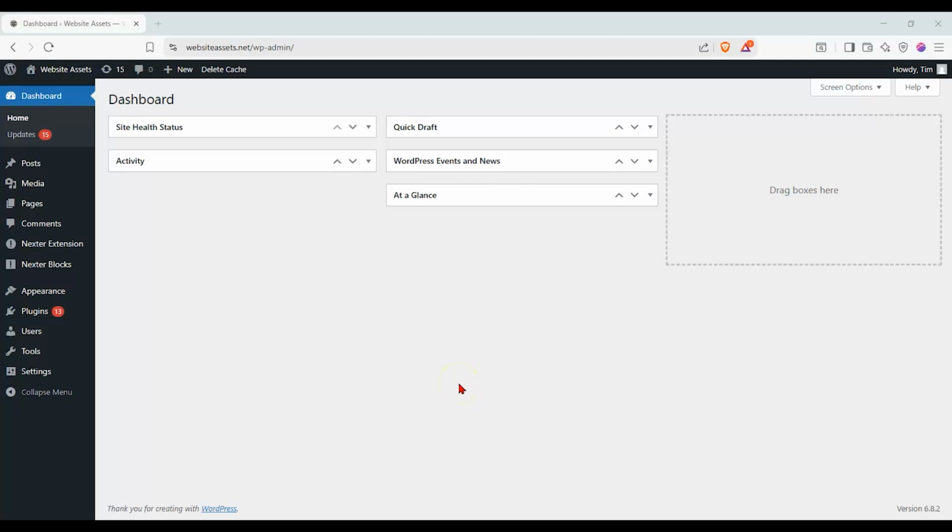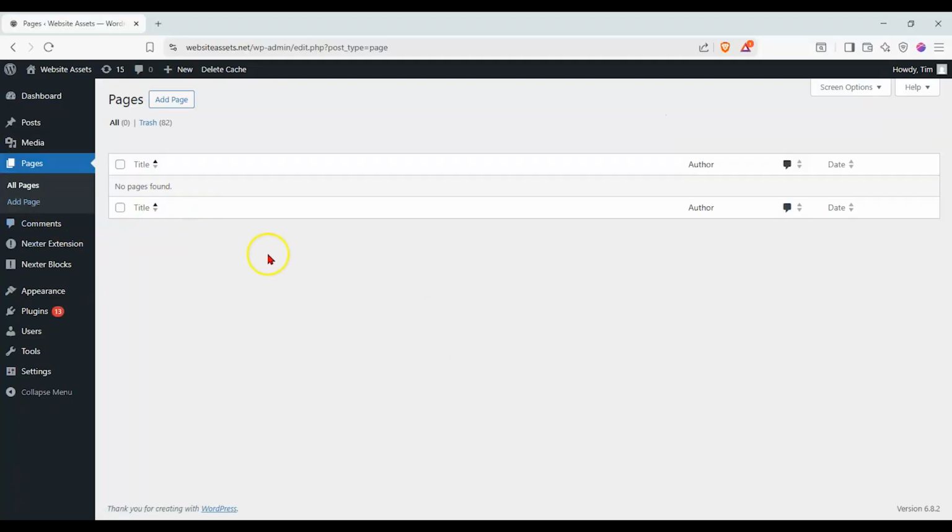Okay, so we're going to go about this assuming that you've only installed the Nextr theme, the Nextr extension, and the Nextr blocks. From this, we probably won't have any posts, nor pages on the site, nor any media. But adding in the media and the post pages should be very easy. So let's get started first by making a new page, and we're going to set that up as our home page. So let's click on Add Page,